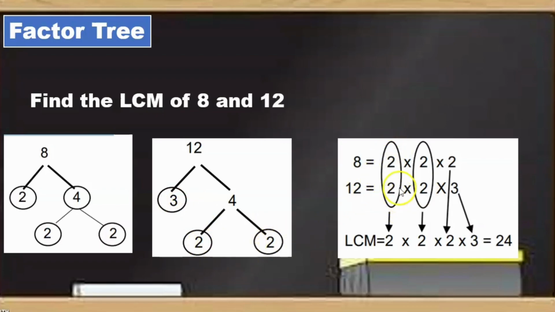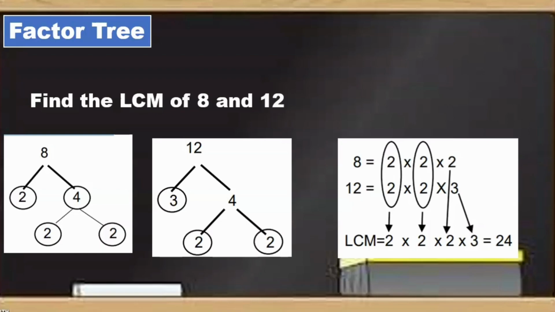And then tinignan natin yung common factors nila. Now, we multiply them, and the answer is 24. So the answer or the least common multiple of 8 and 12 is 24